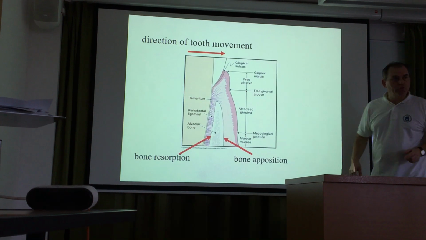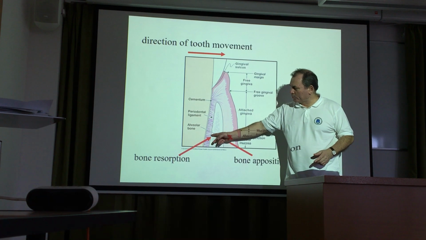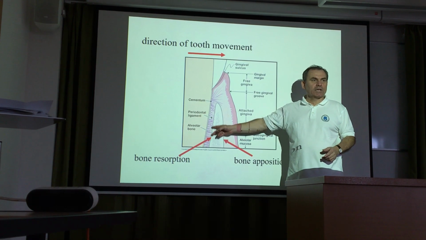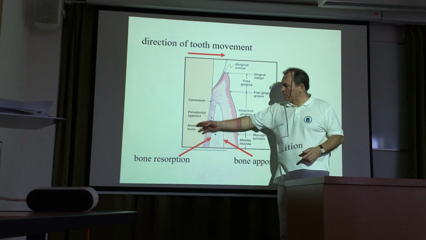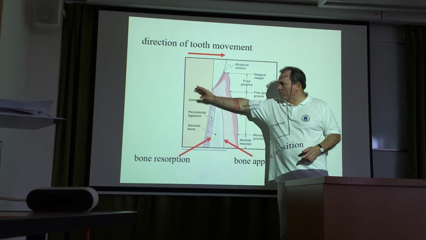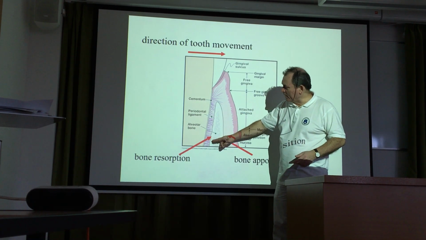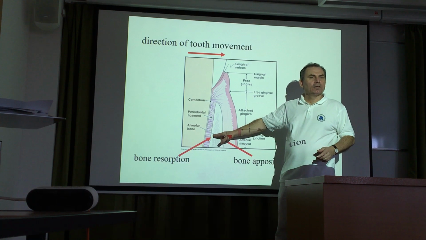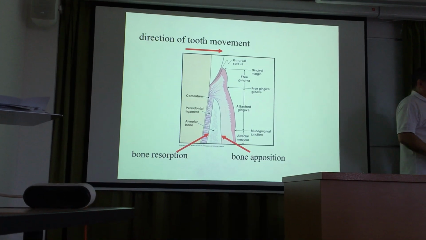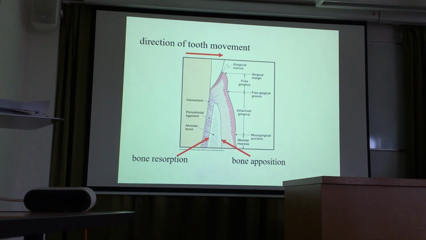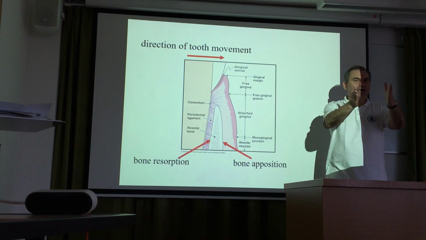So I show you this. You have here the frontal side of the alveolar process. This is the alveolar process, this bony process, and this is the frontal side facing toward the tooth. This is the tooth, the cementum. And when this side is resorbed, you should have bone apposition on the outer side, because the